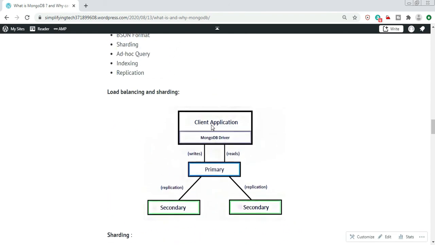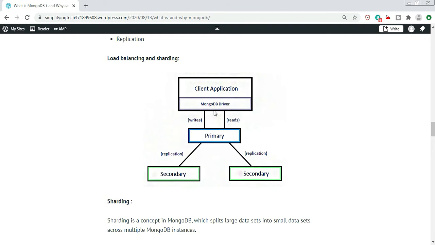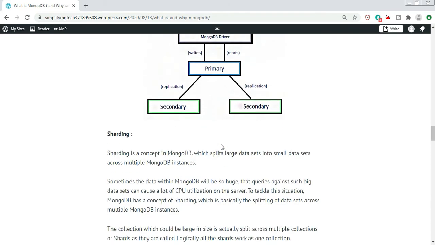Why MongoDB? Because it provides the best ability for load balancing of your servers and the sharding mechanism. You can see in this diagram a client application connecting with the Mongo drivers to the primary shards and secondary shards, where it is writing data. These primary shards are replicated into secondary, so that data loss cannot happen. If there is a problem in the primary database or shard, then we can go for the secondary server or secondary shards.